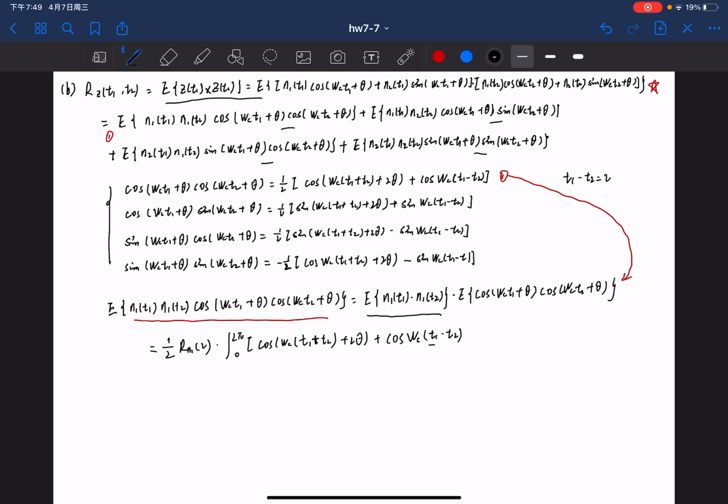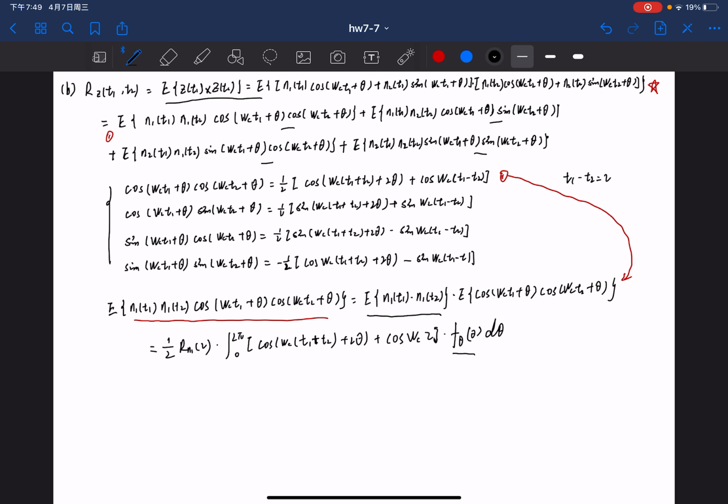Because this part is equal to tau, we can substitute it with tau, cosine tau, and d theta,